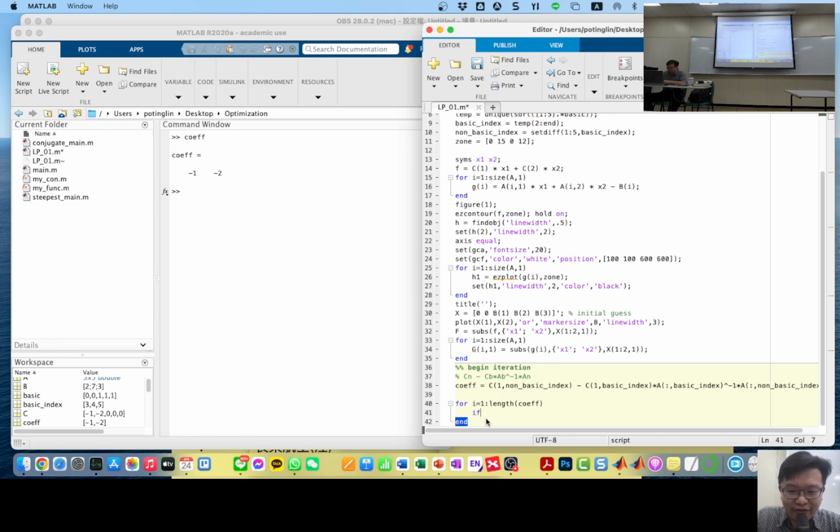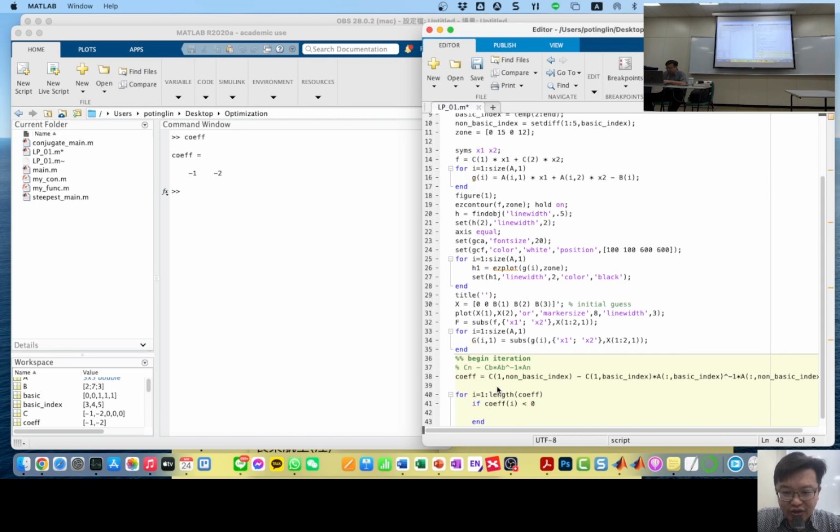Use the stupidest way. If the ith coefficient is smaller than 0, then it could be a candidate. So let me just say candidate. At the beginning, I will say empty. And the most negative, let me just say 0. So if that one is smaller than 0, I will say it could be the candidate. So the ith index is my candidate, and then the most negative value would be that particular coefficient. Okay? And then into the next one,